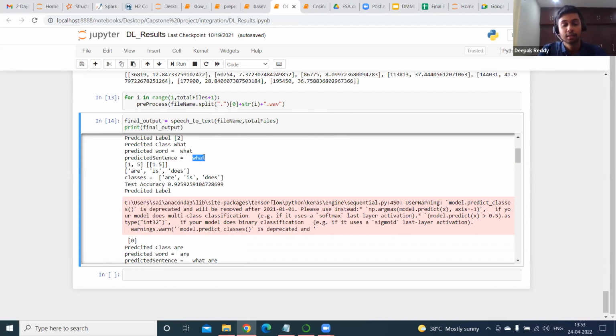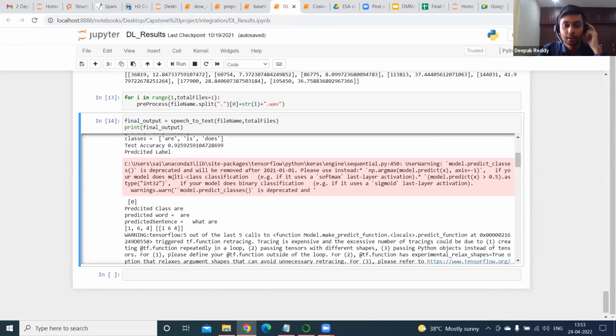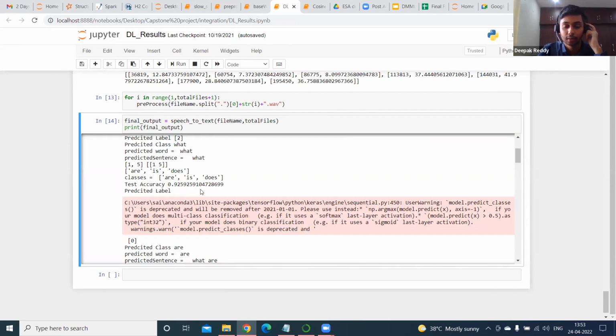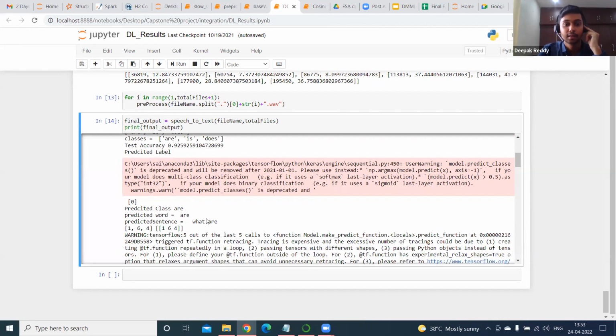Now this is the sentence that is predicted so far. This sentence, which is now only one word, is sent to the next word predictor module, and it returns a set of words that could be the second word in the sentence. The set of possible words are, is, and does, and the deep learning module, again trained on this, since this is a classification problem, selected the word are as the next word. Now the sentence generated so far is what are,